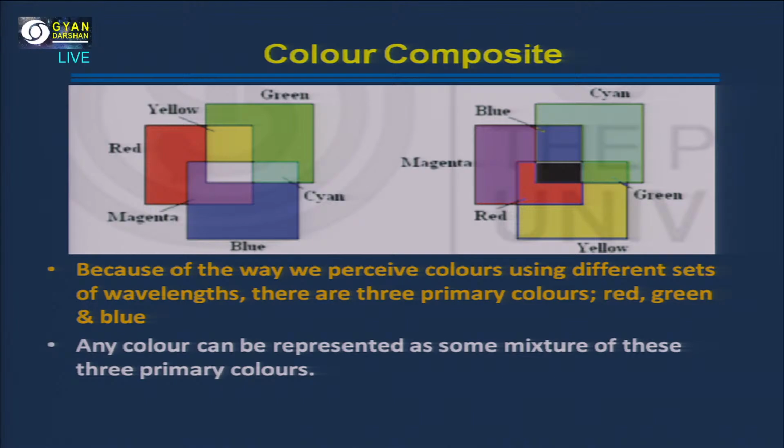So we have learned that we perceive colors using different sets of wavelengths, and there are three primary colors: red, green, and blue. So any color variation that we see in the image is due to some combination of these colors. Like you see here,